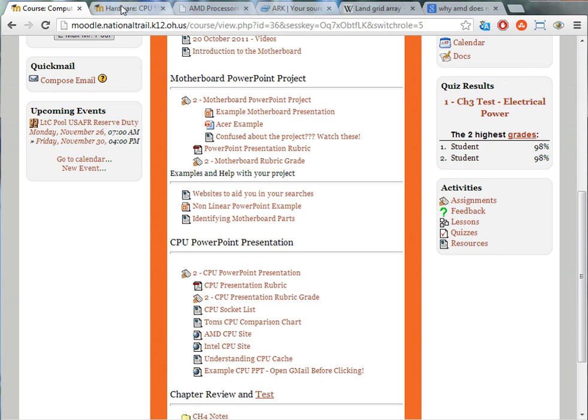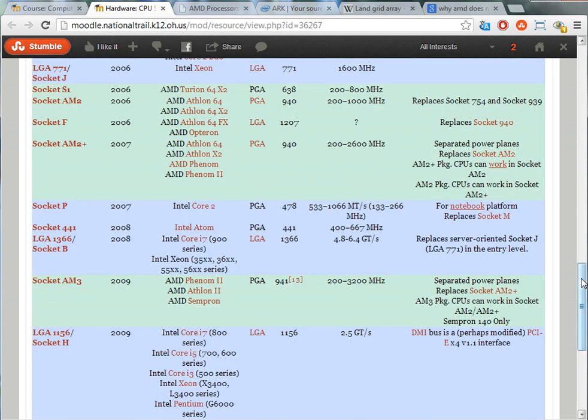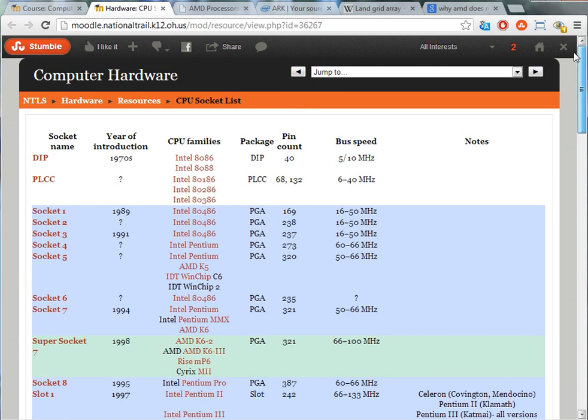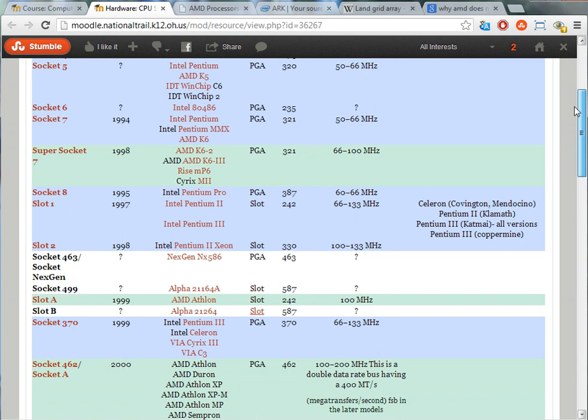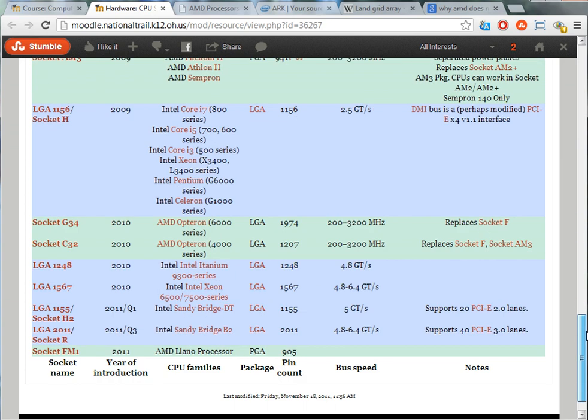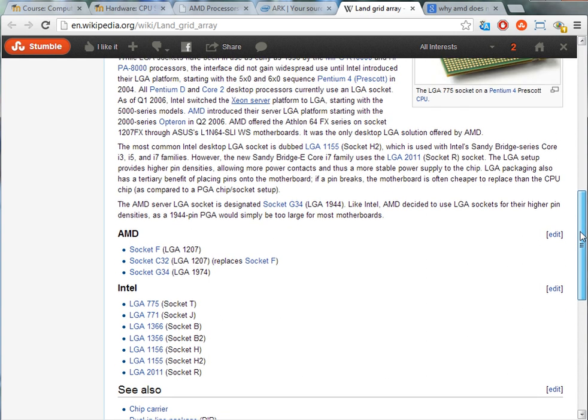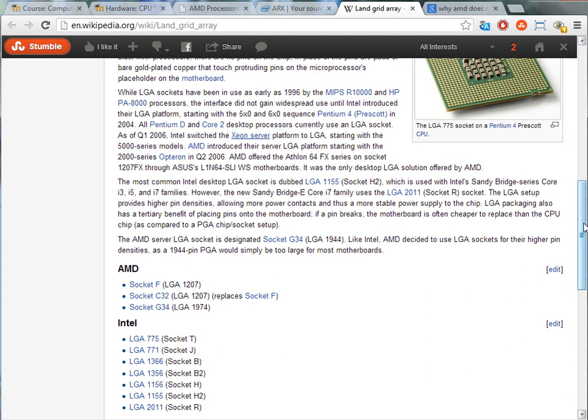the CPU PowerPoint. When we talk about sockets, if you go to Wikipedia, I copied this stuff over here into our page, but if you go and look at all the socket information and you look at the manufacturers, you are going to see that AMD does make LGA sockets. Intel is not the only one that makes LGA sockets. In fact, although AMD still is the only maker of PGA sockets, really of current stuff, AMD does have LGA sockets out there. So I'm putting the list out here of what the current LGA sockets are off of